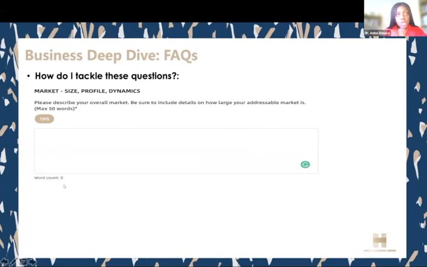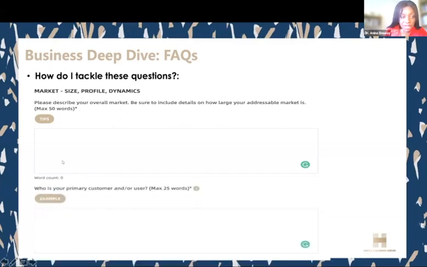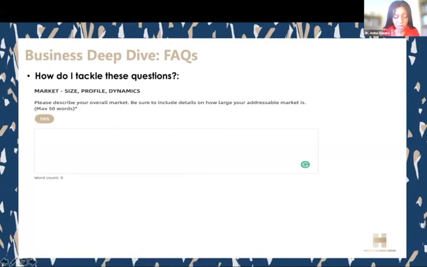can actually obtain. So we don't want to see figures that say it could be a few billion, right? But what are you targeting within that market? Is it a few hundred million, for example, hundreds of millions? We just like to know the size of that market. So I think that would be all of that. But please look it up. There's quite a lot of information available out there on how to define these. Okay.